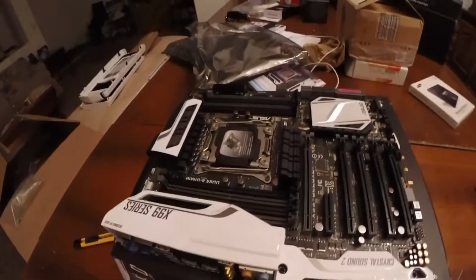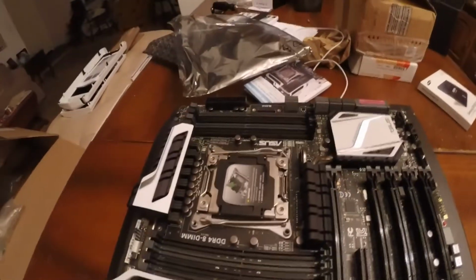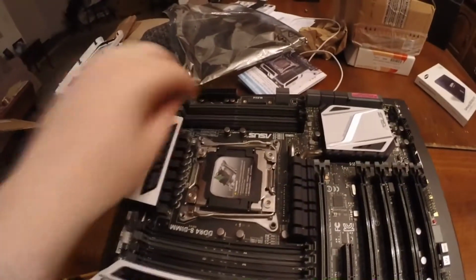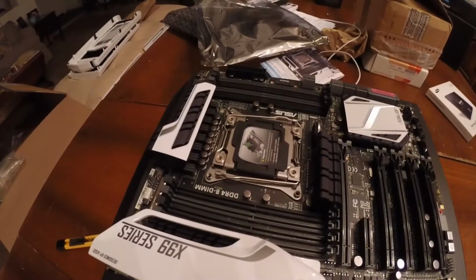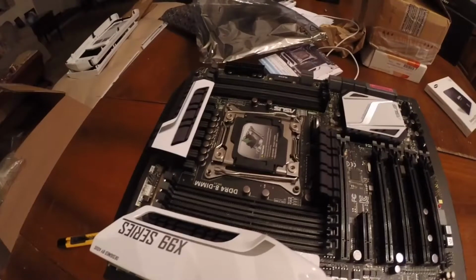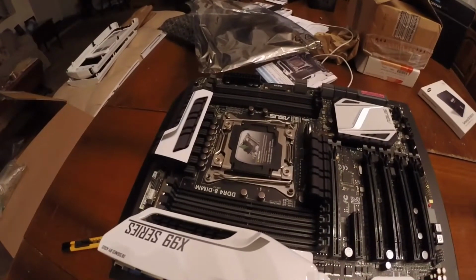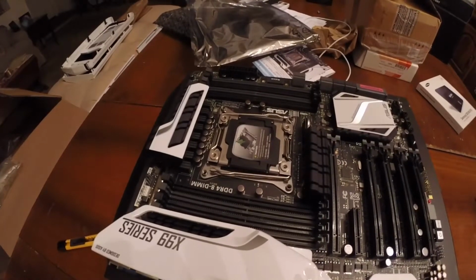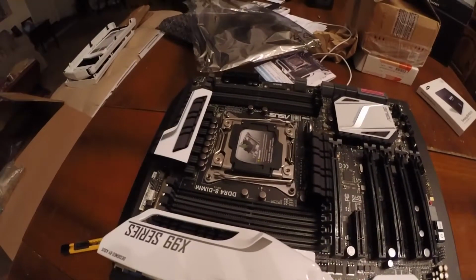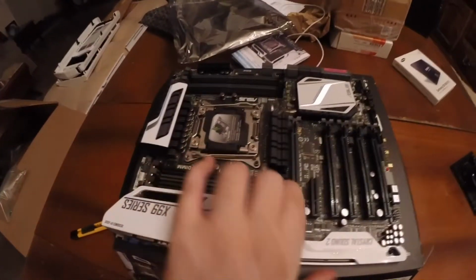So that's the third slot, or the second from the bottom that you're looking at here on the top bank of DIMMs. So this one here is D1. That's where they suggest you install one stick of RAM. If you have two modules, it says to install them in the dark gray slots or the black slots, as one pair of a quad channel configuration. So they're saying for that B1, which is this one here, and